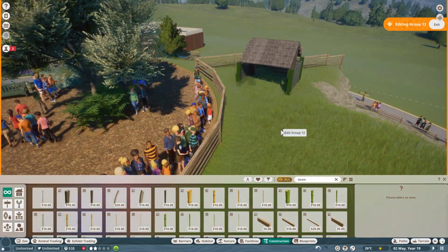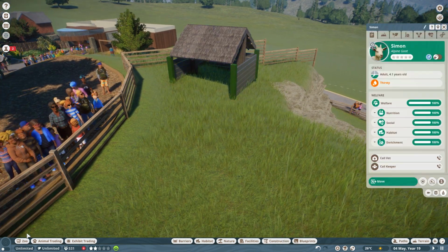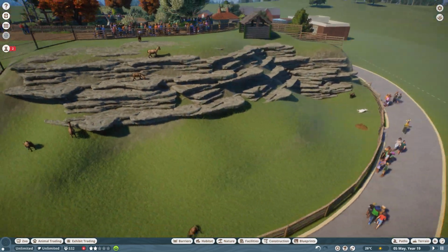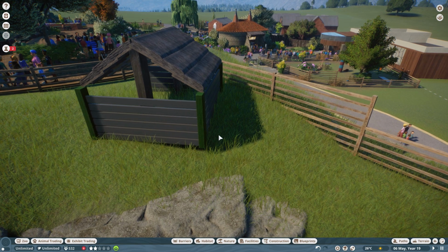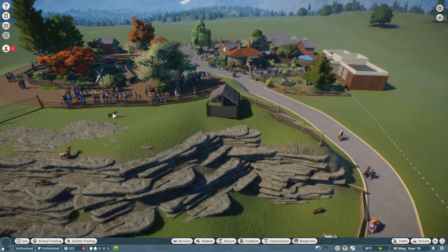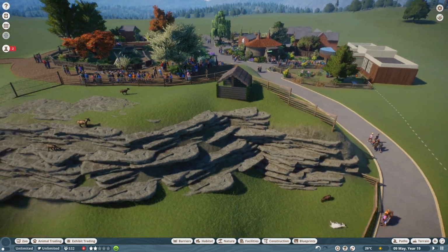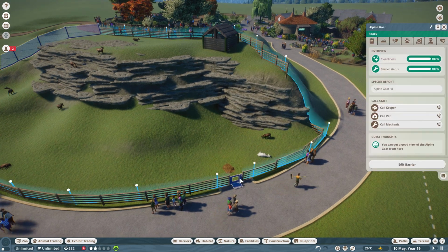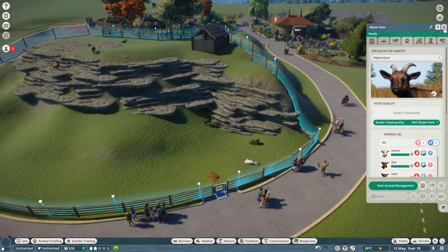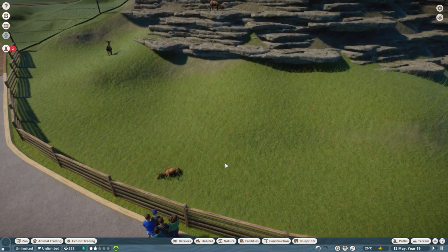I even like where it is actually, because the goats can, hopefully they can go in there. Gotta hope they can go in there. They can, good. Yeah, and let me just check. Can the goats get behind that? Yeah, they can, good. Hungry and thirsty. Okay, that's not good. Why are they hungry and thirsty? They should at least have some food in there. They haven't got water. I should...